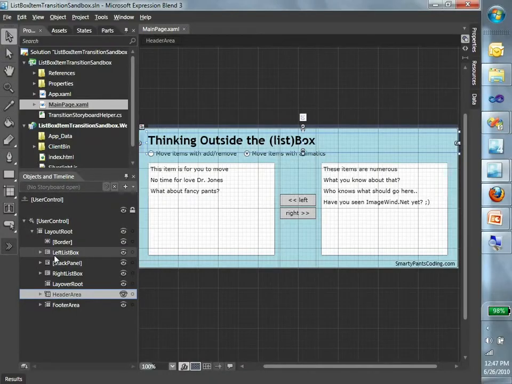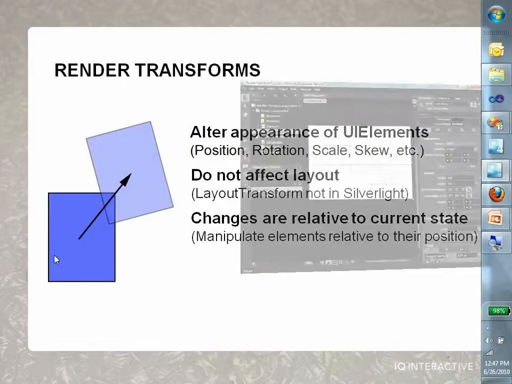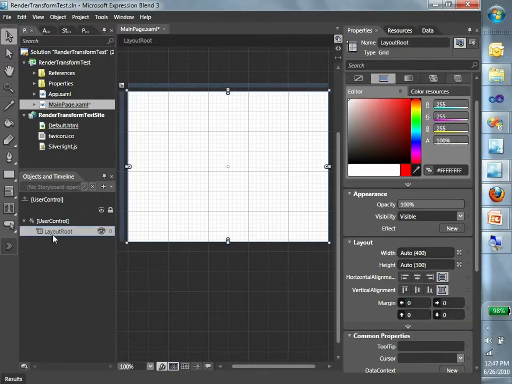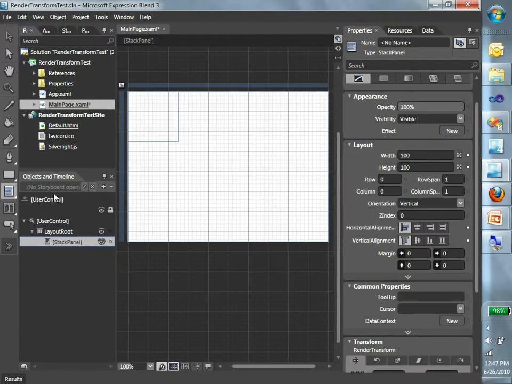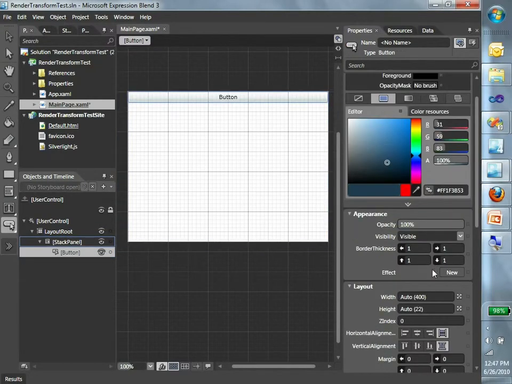So just to make sure everyone is on the same page here, I'm just going to show you in Blend here. I've got this grid, and I'm just going to add a stack panel. I'm going to make it take up the whole area. We're going to add a few buttons. I'm going to make them 100 by 100 just to make them easier to see. So if we copy this button,